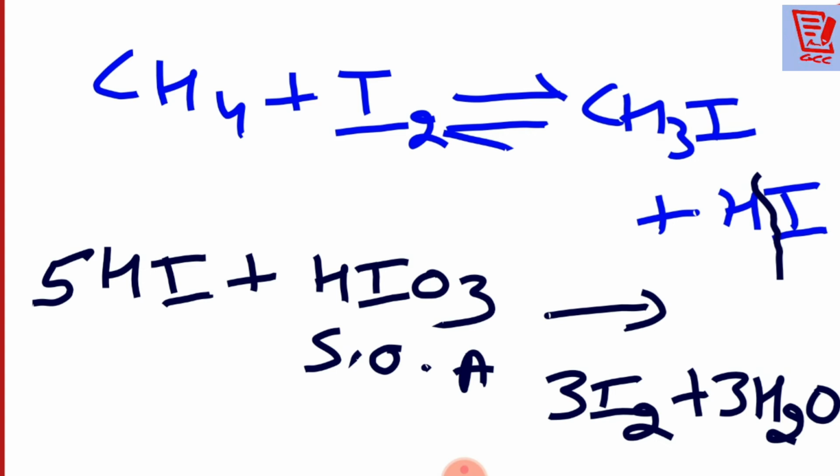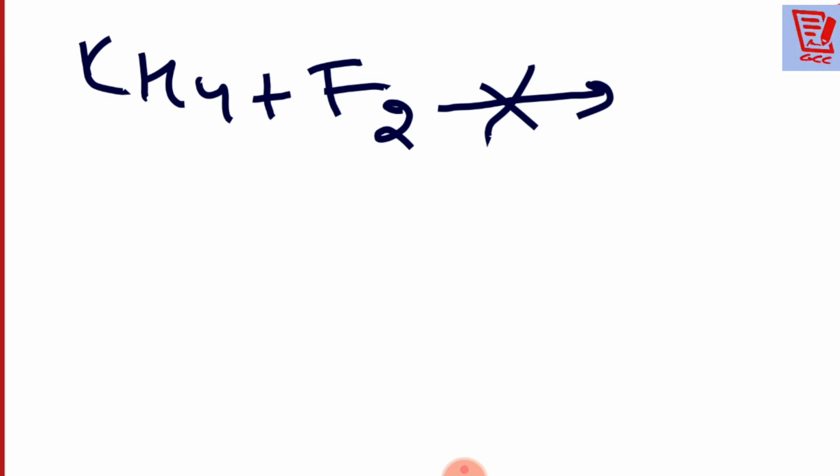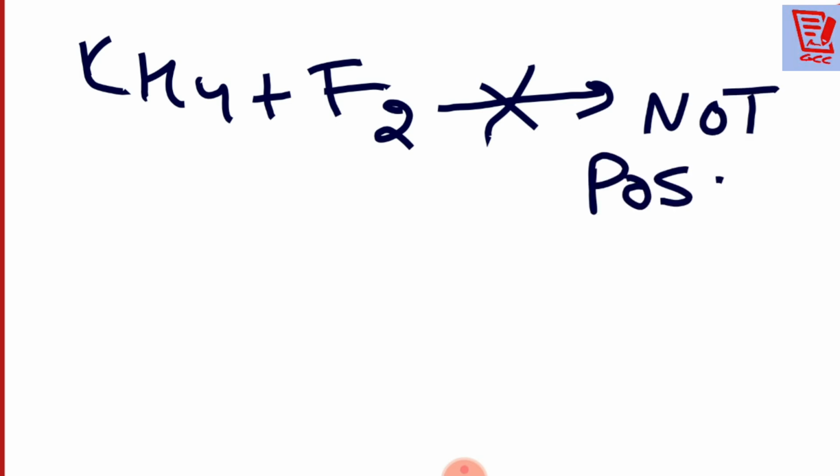Same way, beta, now a question might arise in your mind: sir, can we do the fluorination? Yes, this is a very important question that we have to discuss about fluorination. So in the fluorination, suppose, students, I am writing CH4 plus F2. Here in this case, usually we say direct reaction of fluorine with the alkane is not possible.